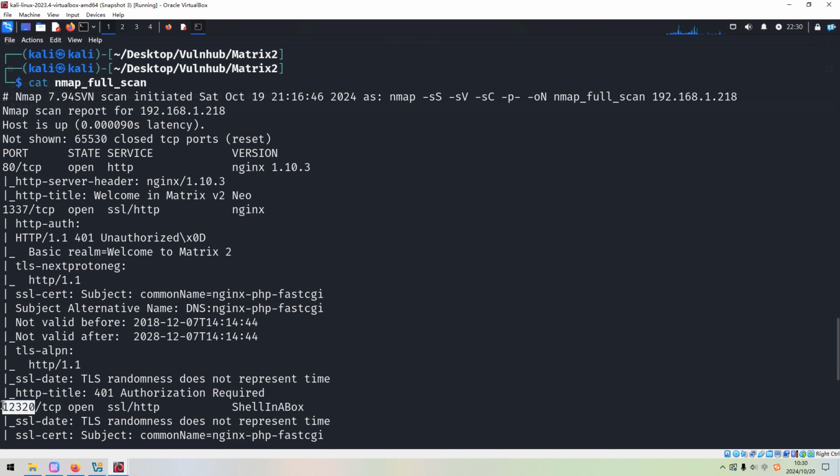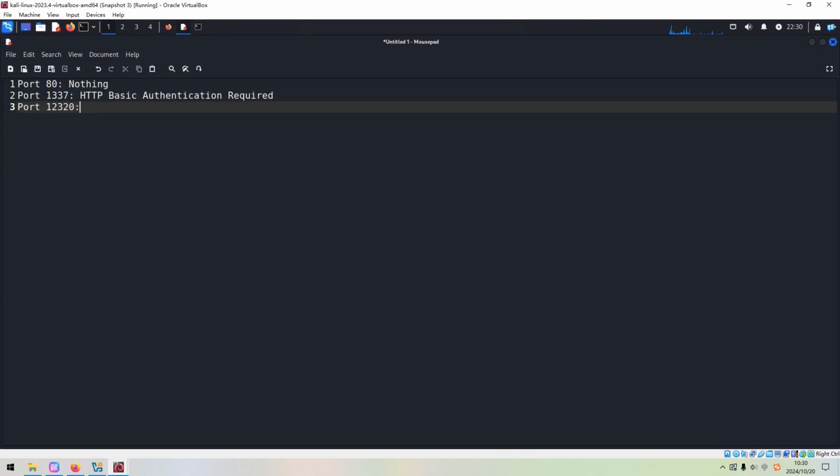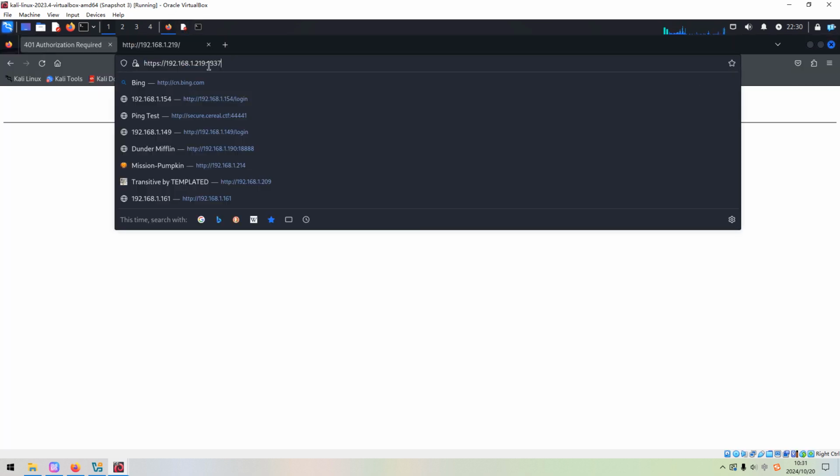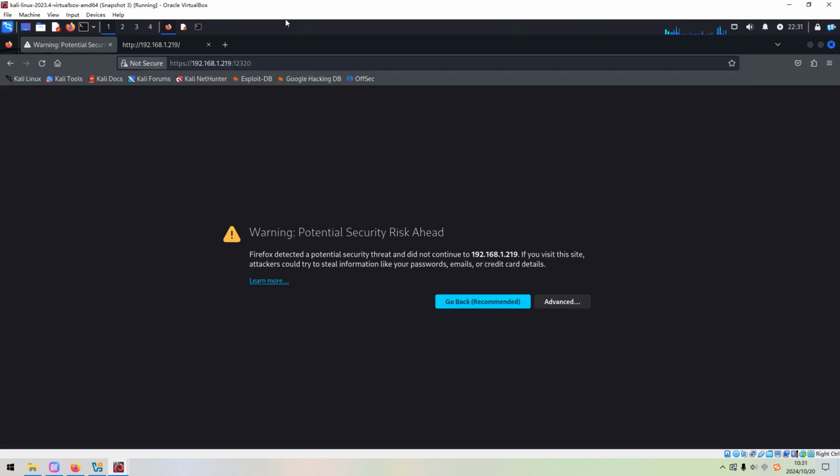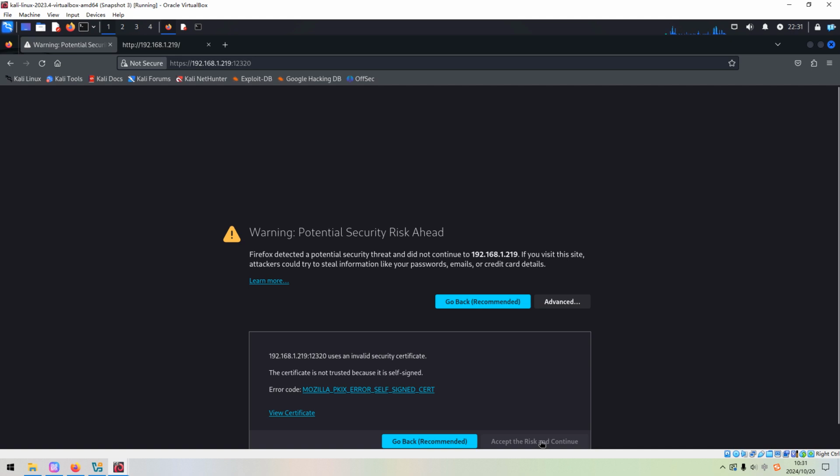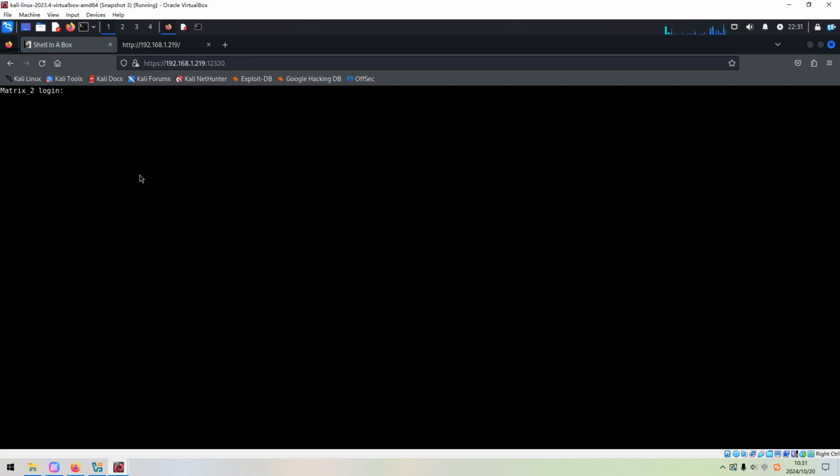We can copy from the terminal. Let's access this port number with the browser and accept. So here, this is some sort of web shell. We can try to use admin as username and admin as password. This doesn't work.